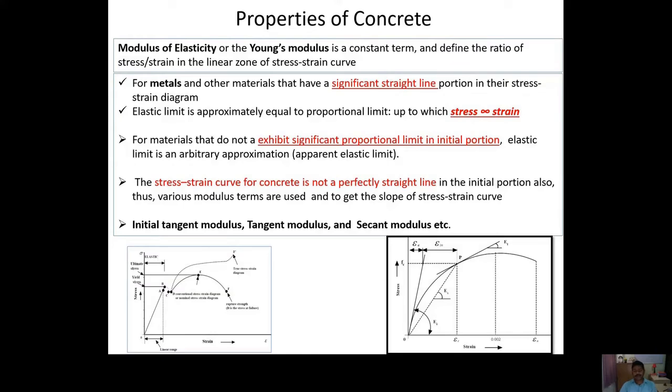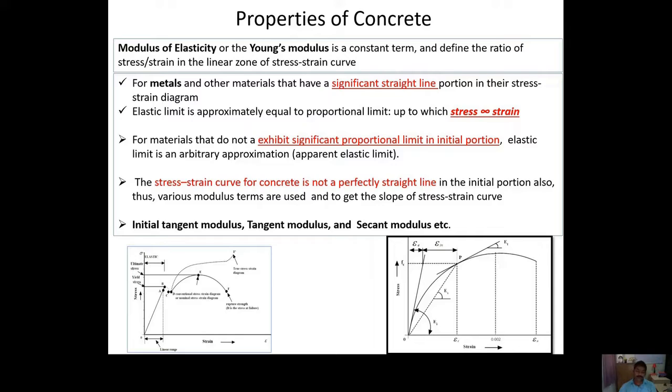If you plot the stress and strain, the left side graph is for a mild steel, and the right side graph is for brittle materials such as concrete. So what happens if you plot stress and strain? Stress we plot on the vertical axis and strain on the horizontal axis. Initially, you will find the initial portion is linear, a straight line,